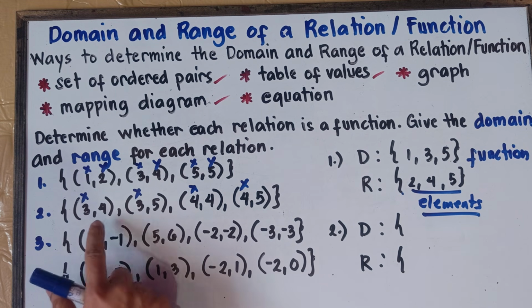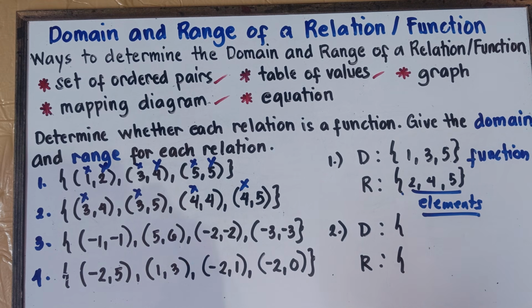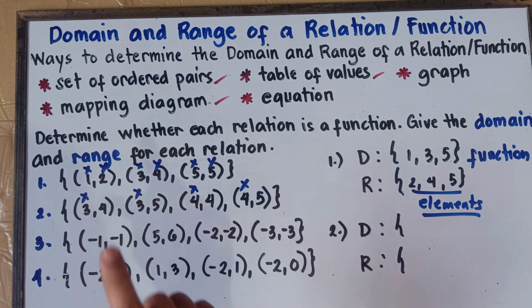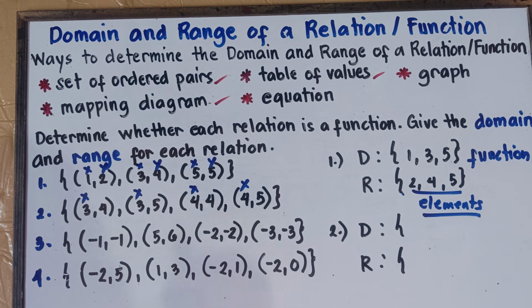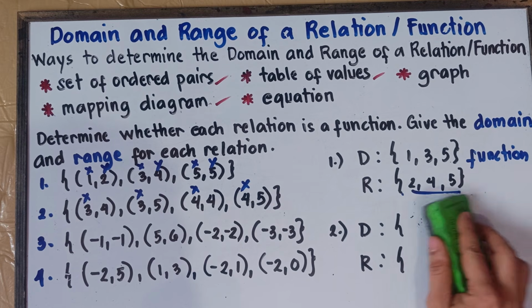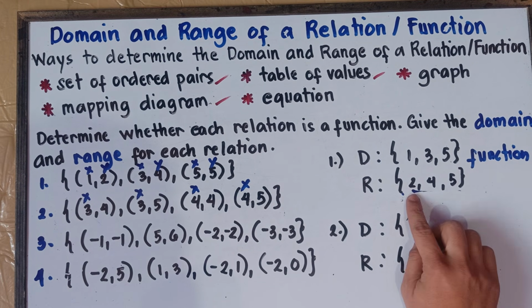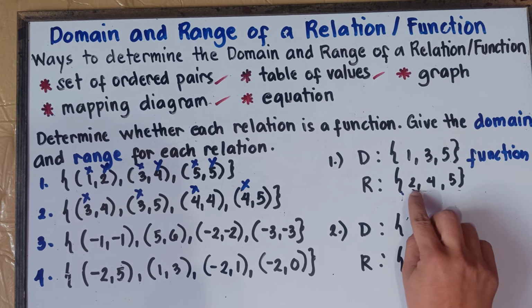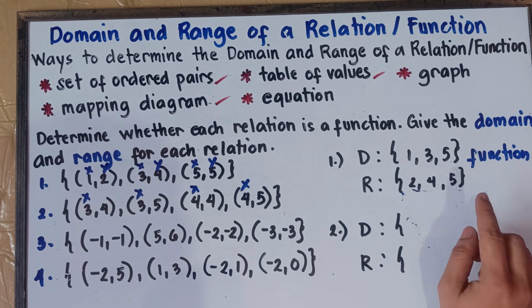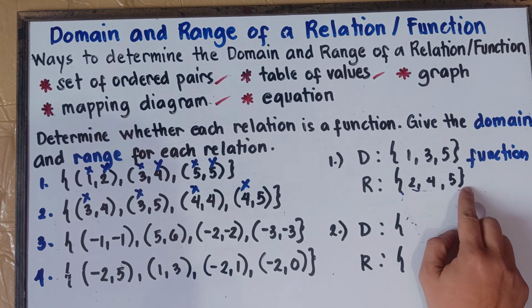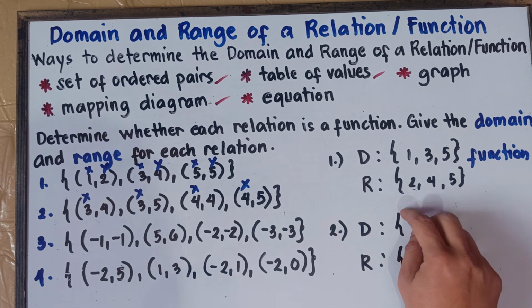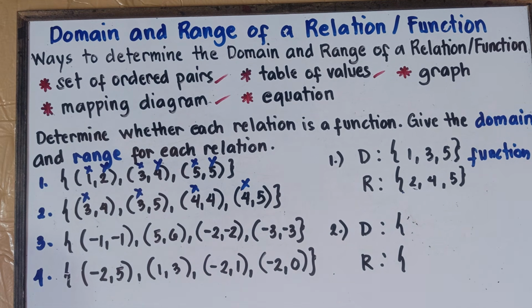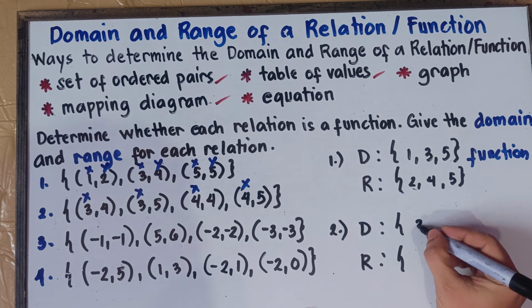Now, if we have 2 3s, simply write down 1, 3. That would be really fine, class. Once again, if you have 2 3s, simply write down 1, 3. That's just the same. For the elements, you are not allowed repetition. Inside these braces, the set 2, 4, 5, we call this one elements. Elements are unique. Since we have 2 3s, simply write down 1, 3. So that would be 3.